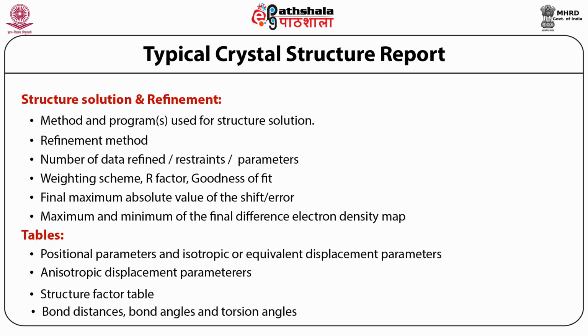Though it's optional, one can also include the hydrogen bond geometry, the torsion angle geometry and the least squares planes. These are all the other optional parameters that can be used for publication purposes. In order to publish a small molecule crystal structure, one has to show the thermal ellipsoid plot and also the packing diagram that includes intermolecular interactions and intramolecular interactions, if any.